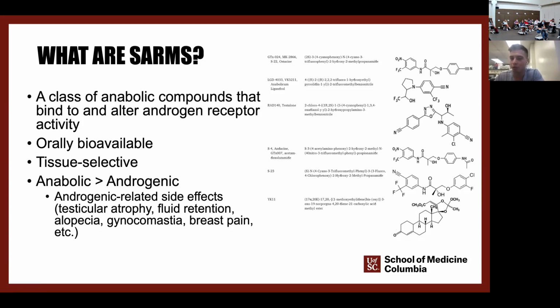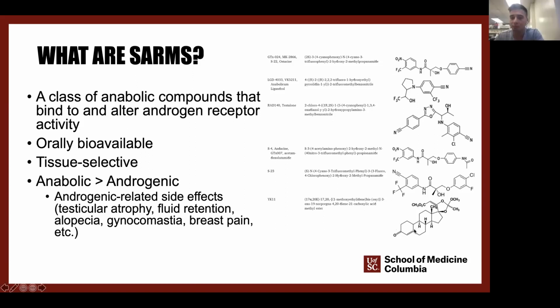So that one has a steroidal backbone, or a cholesterol backbone. We can see that by these four rings here, versus something like ostarine, which is probably the most studied SARM, in cell culture, animal models, and in human data at low doses. That's a propanoic acid base, when you see this propionamide here. So they're going to have differential effects, and it's important to note this. And we can see potentially how others can affect this spectrum of anabolic to androgenic effects.